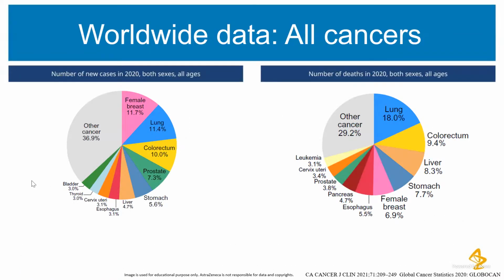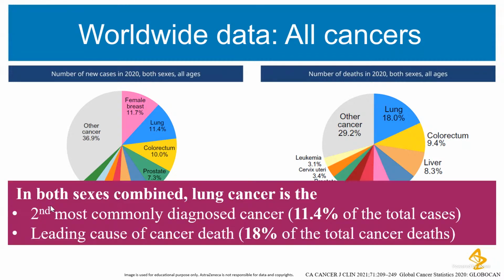So these are the worldwide data for all cancers, and these have already been discussed, but I just want to emphasize that lung cancer deaths are the highest, and you can take it that the most mortalities are associated with lung cancer. The number of new cases is second highest after breast cancer. Lung cancer incidence is second highest in both sexes. It is the second most commonly diagnosed cancer, 11.4% of total cases, and the leading cause of cancer death, 18% of total